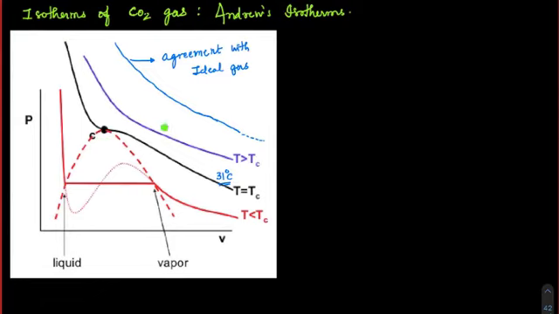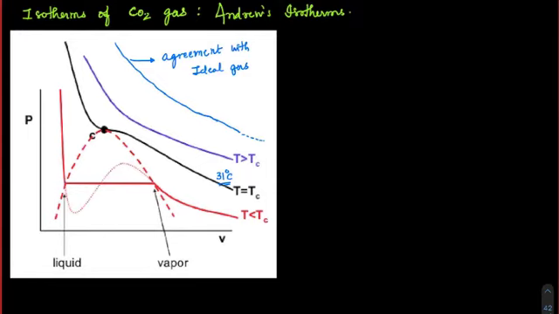Above that, it is a high temperature which is sufficient enough that it is almost like an ideal gas. So from this point, the behavior has changed. Now, as you go down, the behavior has become even worse. You see, it almost became like this. So there is a sudden change in the phase and pressure is increasing this way. Which means, can you see that at this point, no matter how much pressure you apply, the volume is not changing at all. It is the same volume. It can only happen when the gas has been converted into liquid.